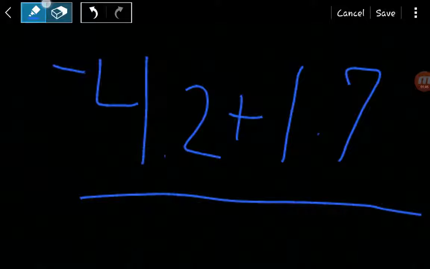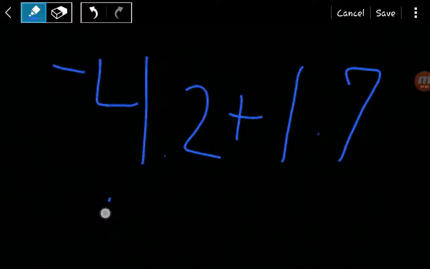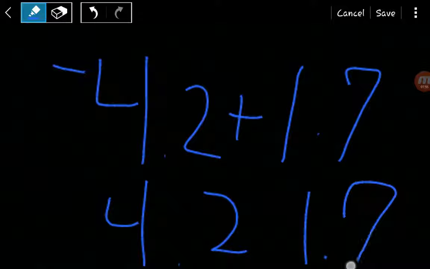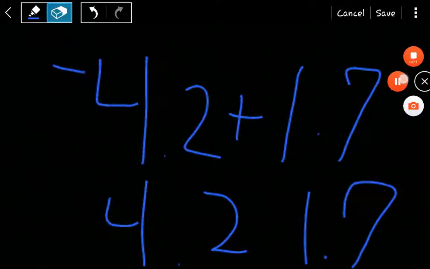So we'll find their absolute values. So this would be 4.2, and this would be 1.7. Because 1.7 is that many numbers away from the number 0. So, since the numbers have different signs, because that one's negative,